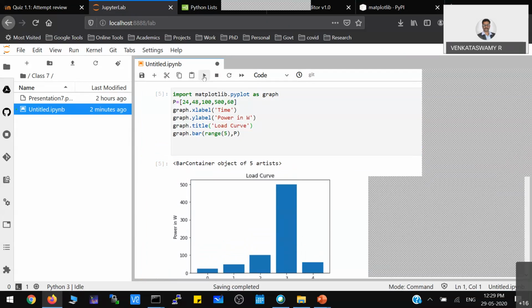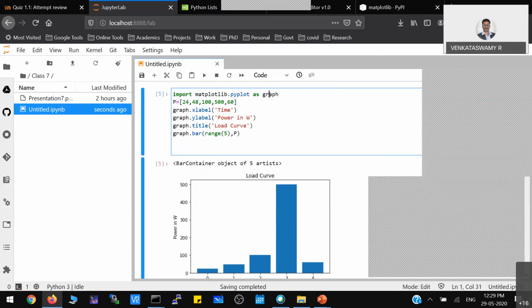X label, Y label, title and bar are all functions present in that particular class. So when you define them doesn't matter. Graph is just an object, the object of the matplotlib library.